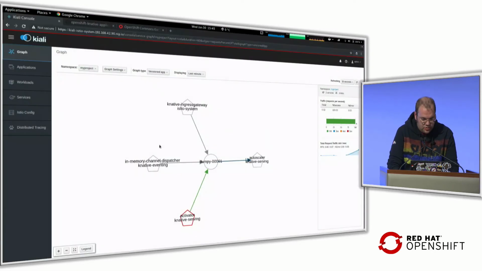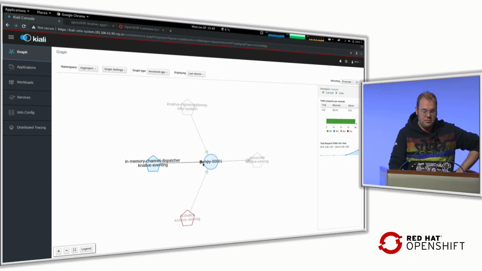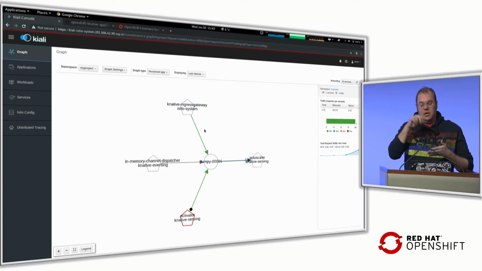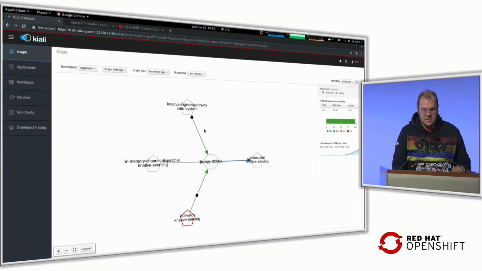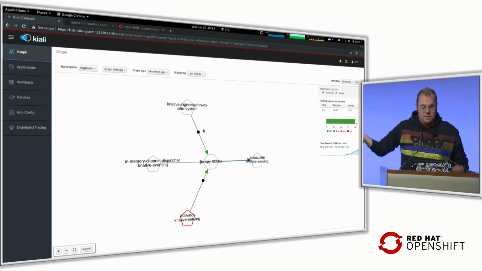Now, I can show you this in Kiali, the visualization. What we see here is because the pod of my dumpy service was activated using the Knative serving activator, it is sending the request in there. And my curl, because I was using a special header with the actual resolved name of my service from the Istio system, the traffic gets routed to the particular endpoint.